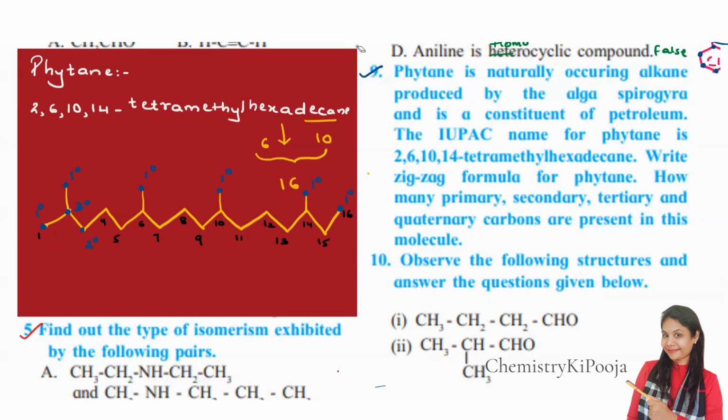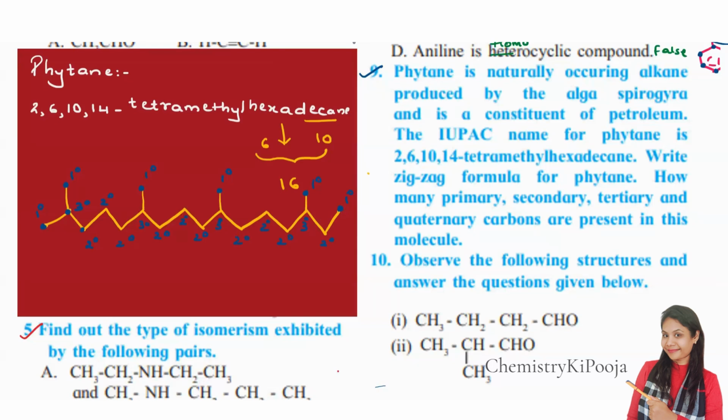Okay, I'll just erase the positions because you should not get confused between the position and the type of carbon atom. Okay. Now let me write down. This is 2 degree. Then this one is again 2 degree. We have here 2 degree. Then again it is 3 degree. Coming to this one, 2 degree. This is again 2 degree, 2 degree, 3 degree, 2 degree, 2 degree. Then again 2 degree, 3 degree and 2 degree. Clear? So this is how we are going to write it down. Now there is no quaternary carbon atom present in the molecule.